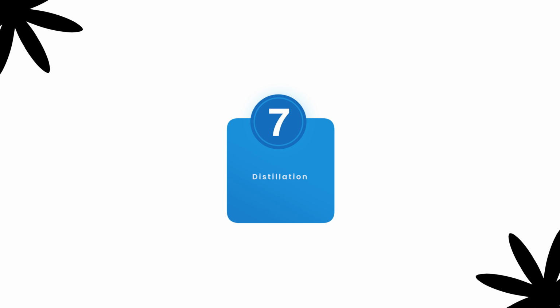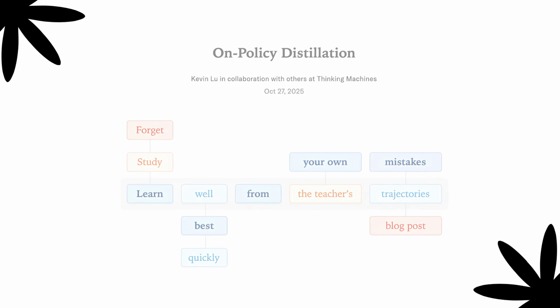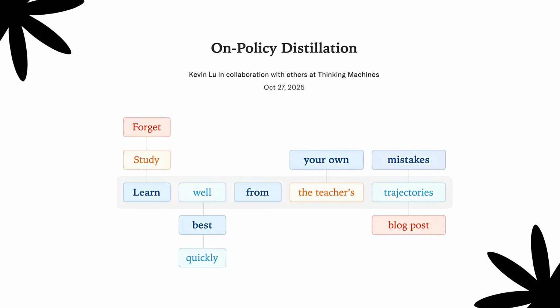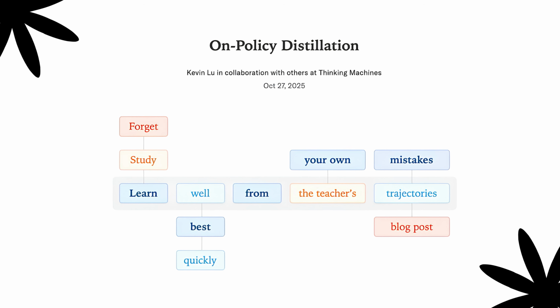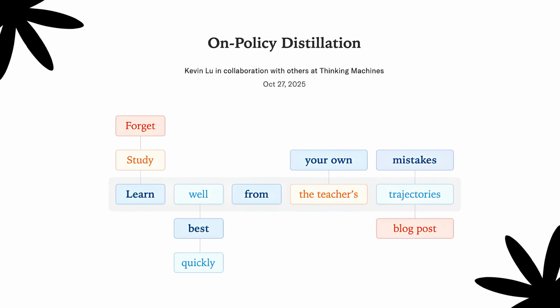Now, one more tool that startups lean on hard and something that people skip in these explainers is distillation. So, what you do is you take a big, expensive, capable model and use its output to train a small, cheap one to behave like the master. That's how a lot of teams ship a small model that punches way above its size class, which is often the only way the economics work in production. Thinking Machines Lab has good recent writing on policy distillation if you want to go deep on that. I'll also add that in the description below.